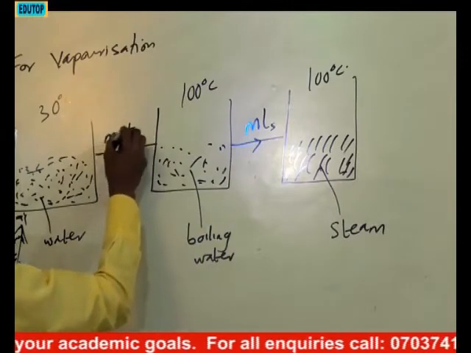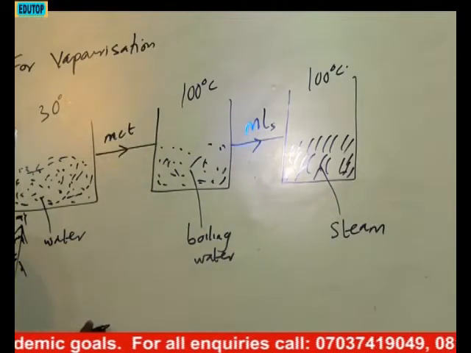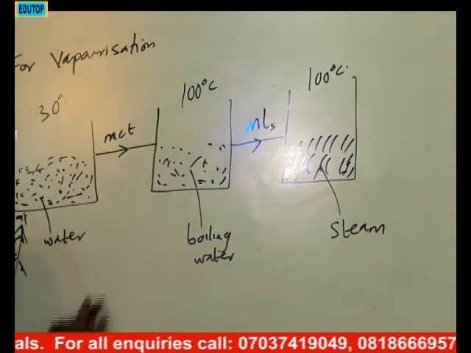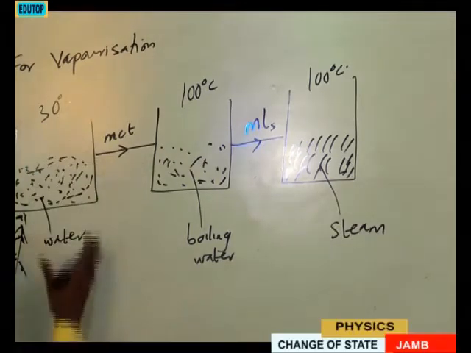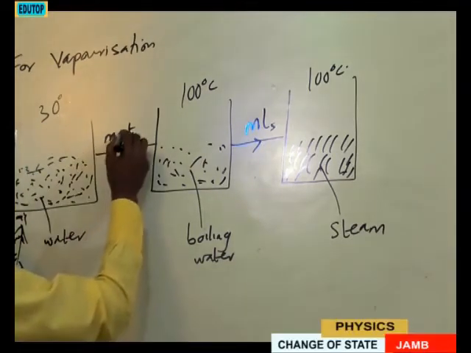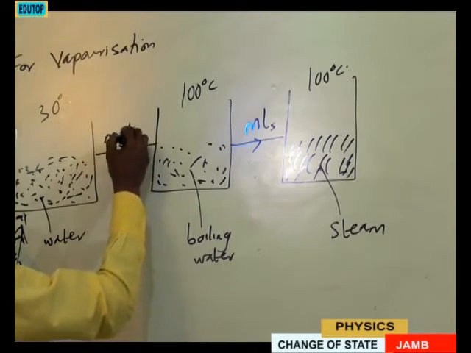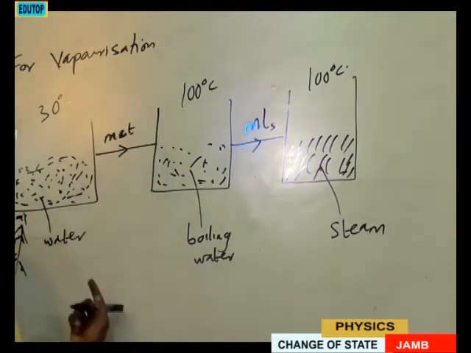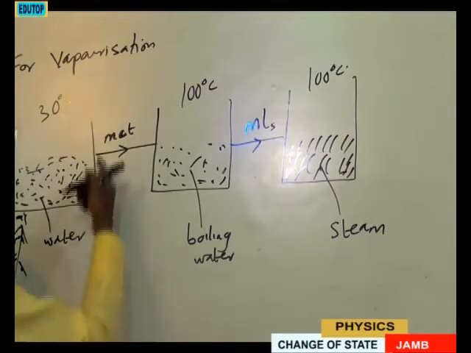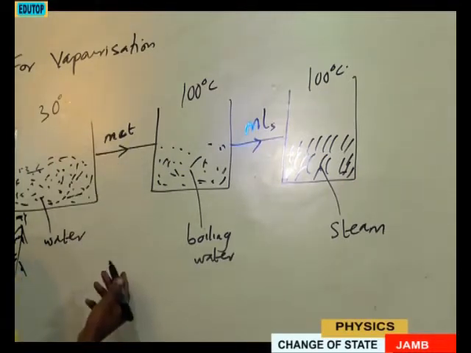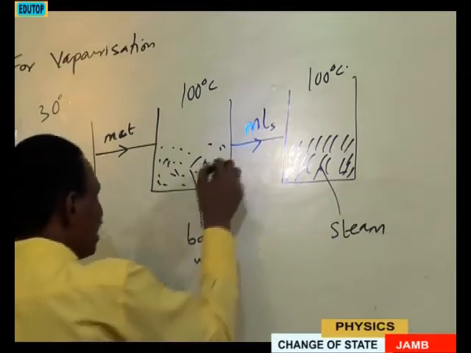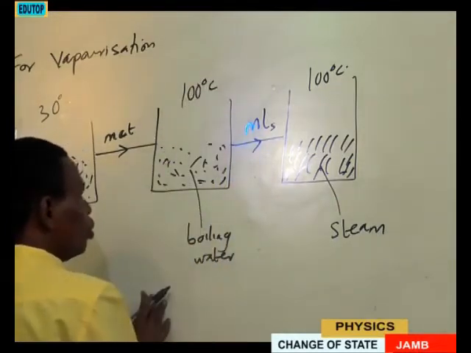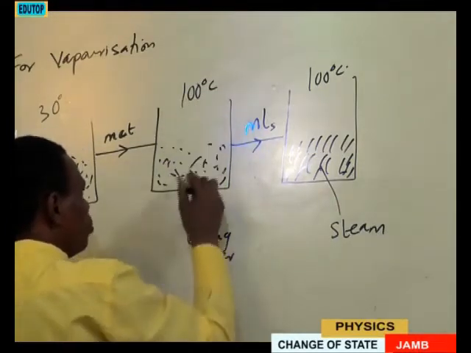Still at mCT, because in this case, we are not dealing with ice. We are dealing with ordinary water at a particular temperature, and water will have its own specific heat capacity, which is C. T is the temperature, and M is the mass of water. By the time it gets to this temperature level, then before we know it,